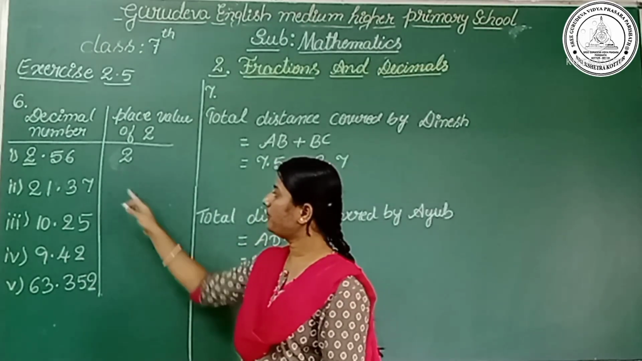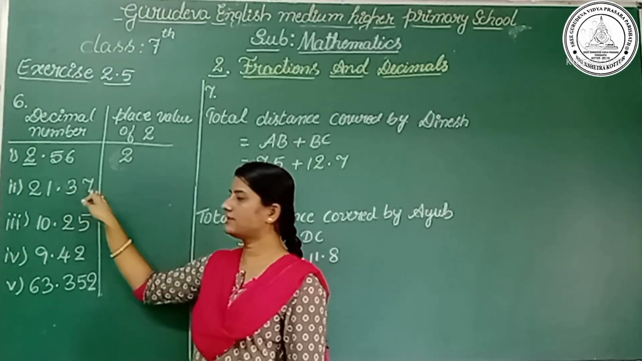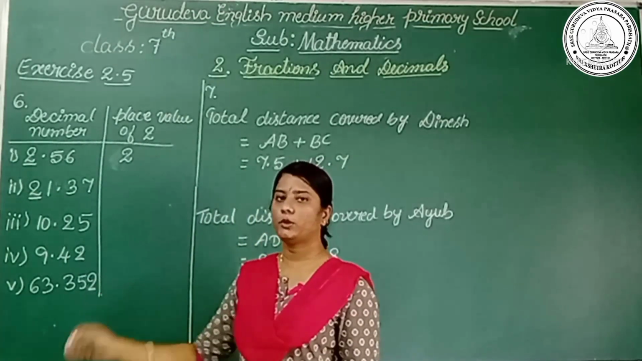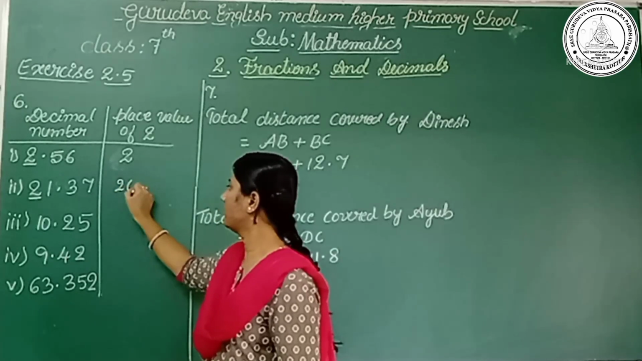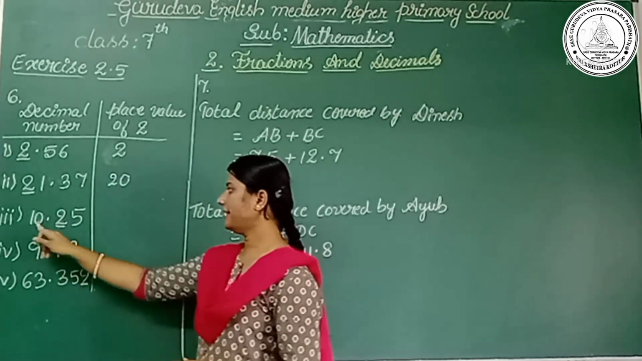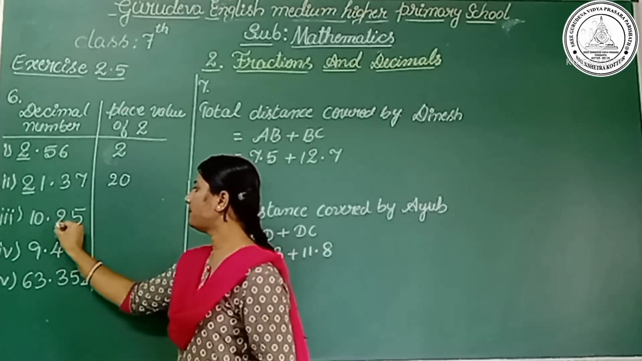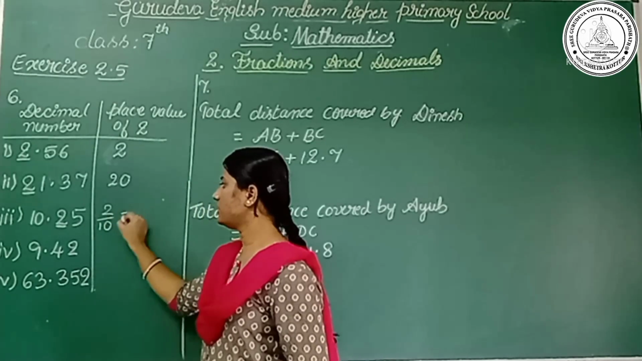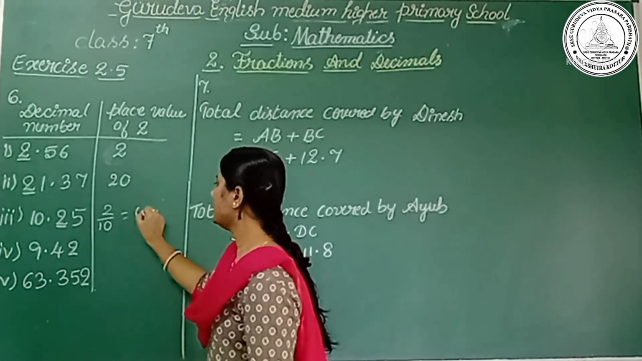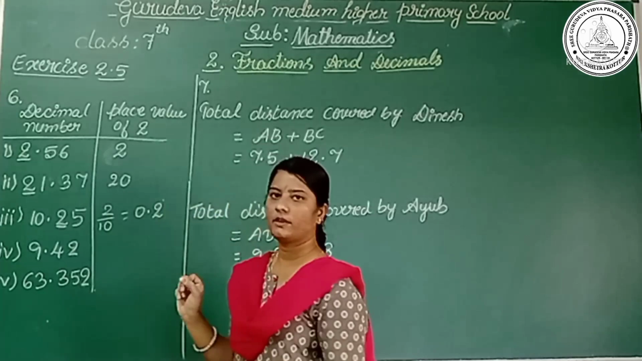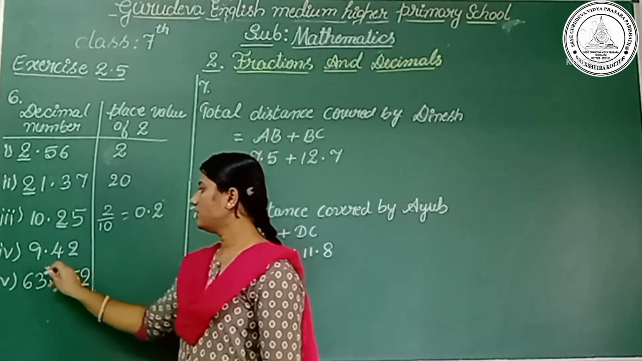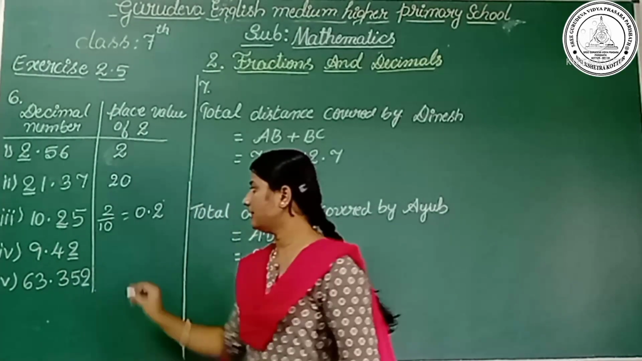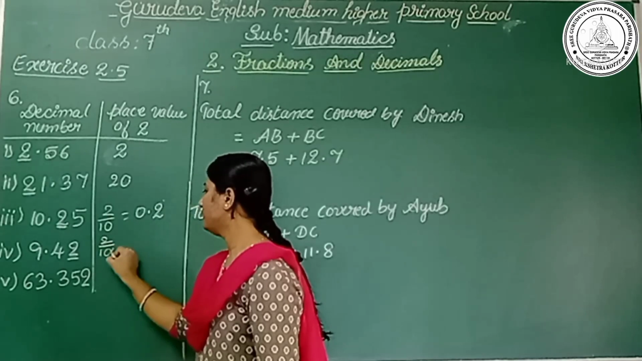Then now what is the place value of 2 in 21.37? You may see here 2 is in the tens place, and the place value of 2 is 20. Okay, third one, 10.25. Here 2 is in the tenths place, that is 2 by 10, which is equal to 0.2. Okay, then the fourth one is 9.42. So here 2 is in the hundredths place, that is 2 by 100, which is equal to